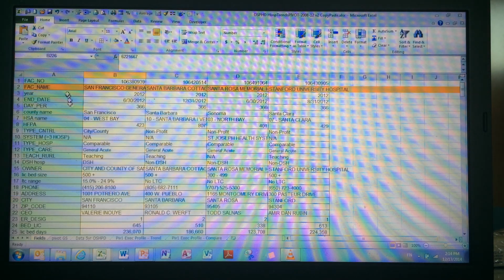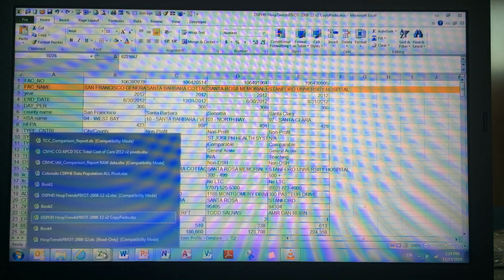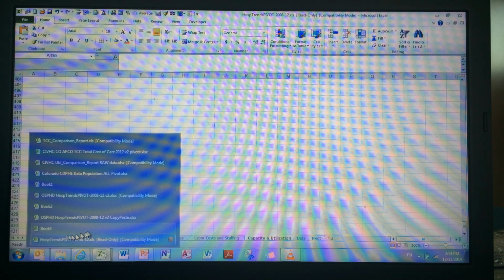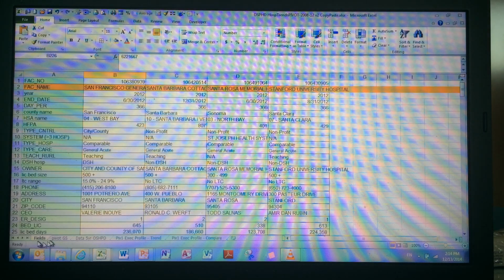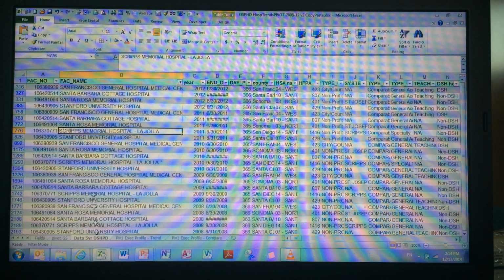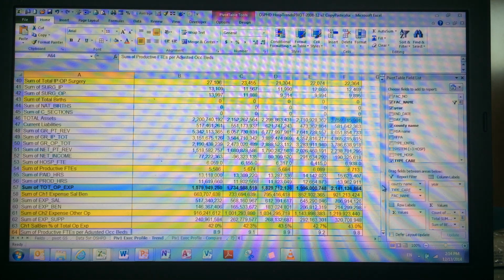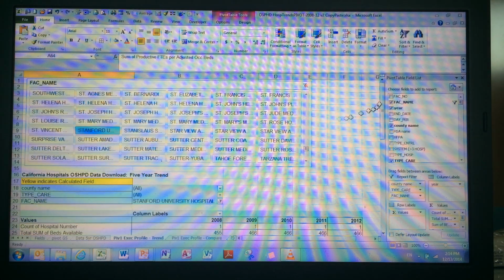I've already got the field names down here, and so what I'm going to do now is just go to one that's a little bit more of, let's see here, that one. So I've actually got the data here. This is exactly the same data that I had before. And if we go into a trend here, I just want to tell you what I've done. I put a little, it's called a,